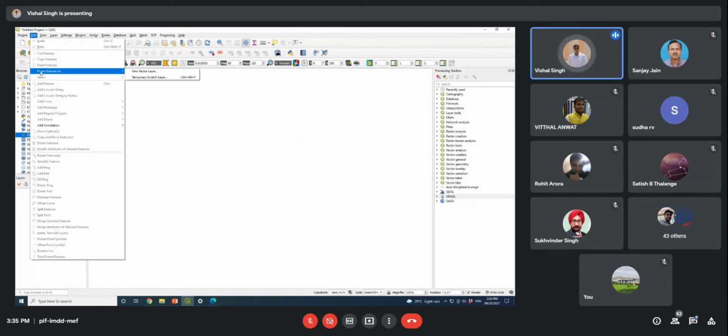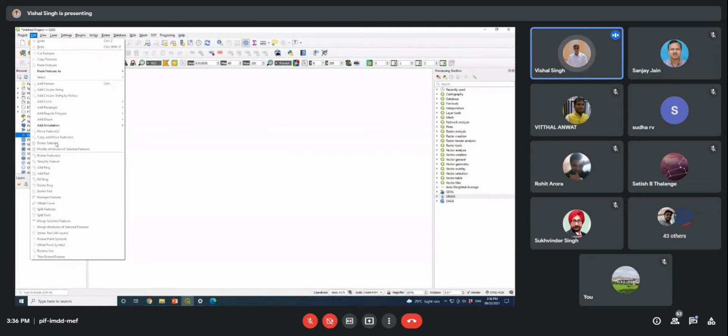Another thing is Edit. Suppose you are working in a particular project, and you have created some raster or vector dataset layers, and you want to edit or modify some layers. For that purpose, some tools are available here. Each tool will show you a different application as per the requirement. You can call the respective tool, apply it, and do the editing in the existing database.